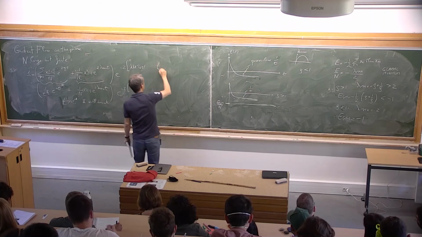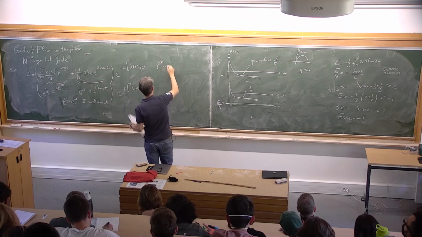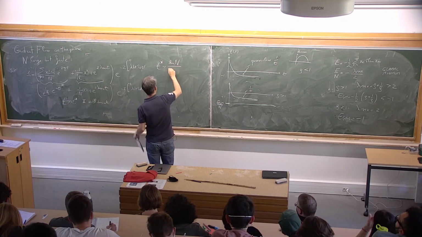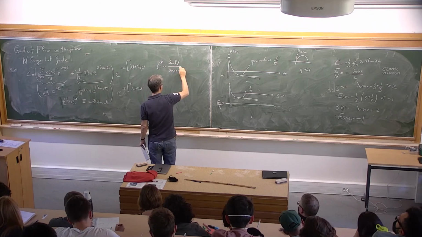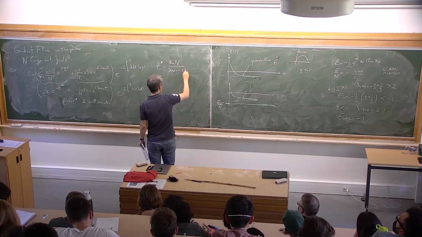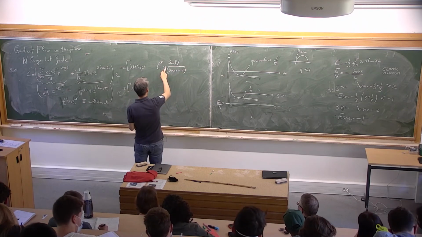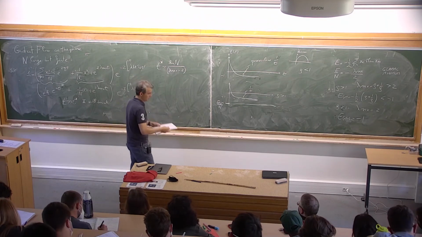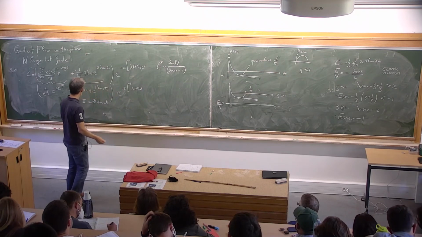And t star, it's of order log n divided by lambda max minus 2. And there should be a constant in front, but I'm not writing that. Okay, so what this means is that if t is much larger than t star,